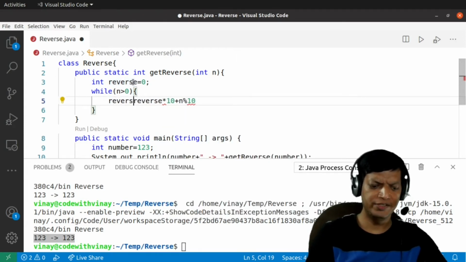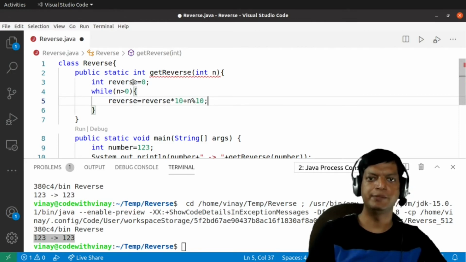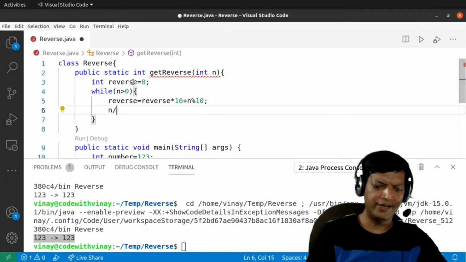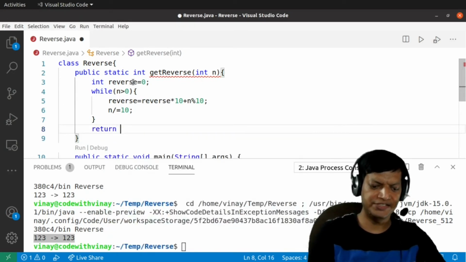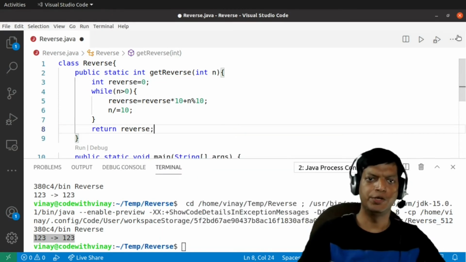So we'll say reverse is equal to reverse into 10 plus n modulus 10, and then we'll have to divide the number by 10. n divided by equals 10. And then finally, when everything is done, we'll just say return reverse.